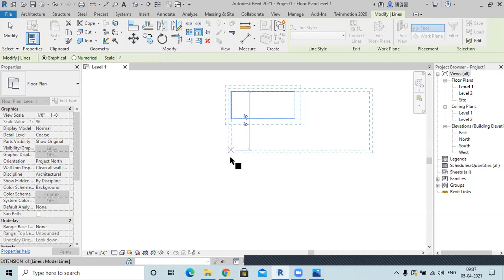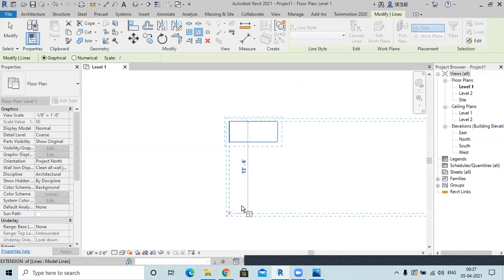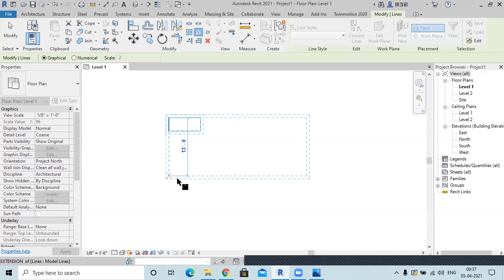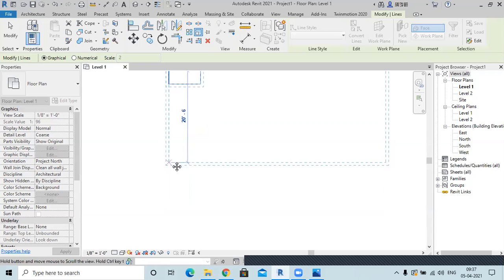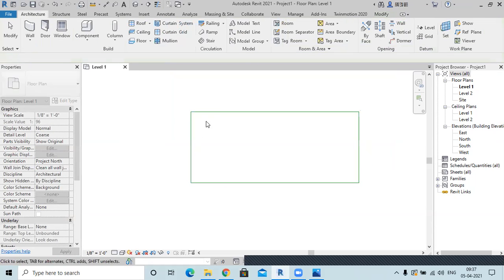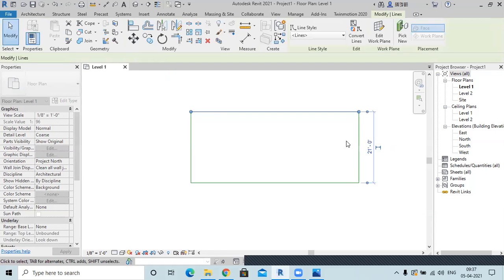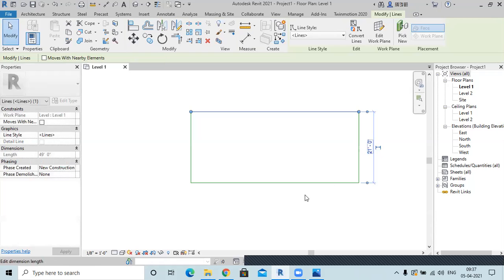So now if I'll move it to 21, it will be converted to 21, sorry, 3 times. Okay. So now if I'll type 21 here and press enter, so my rectangle will be of 21 dimension, and this dimension will be 7 into 7, which is 14, because I have multiplied the whole thing to 7 times.